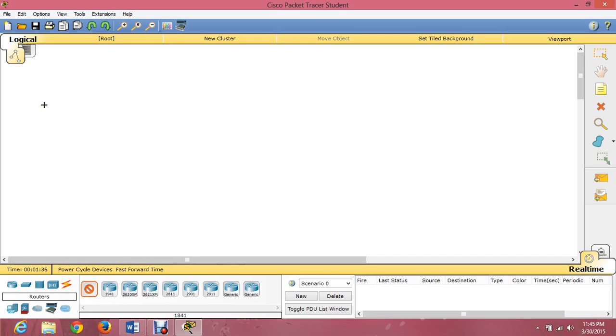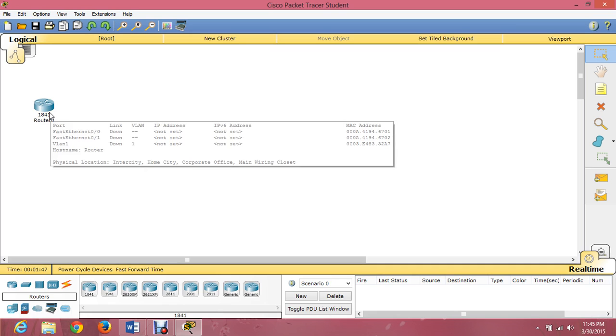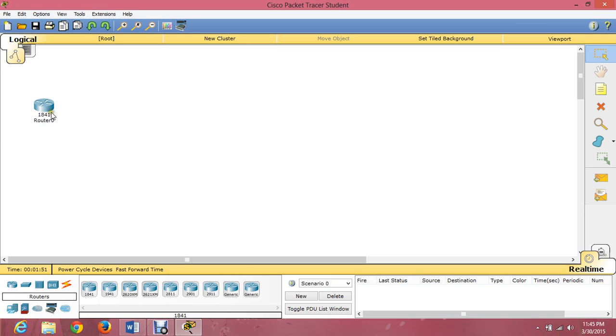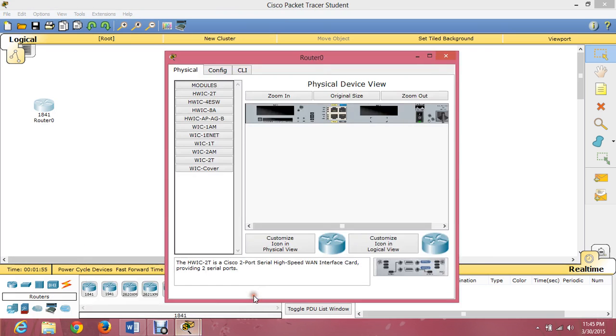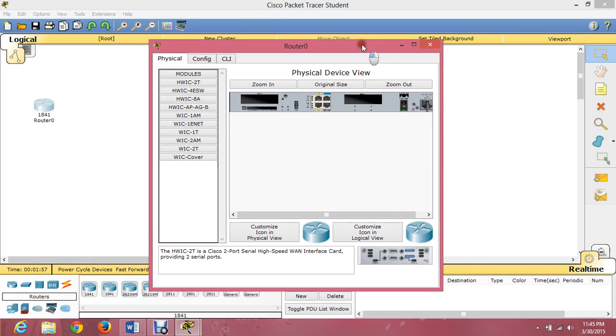Put it on the worksheet. Then just left click on the router to get into the configuration window. This is the router configuration window.